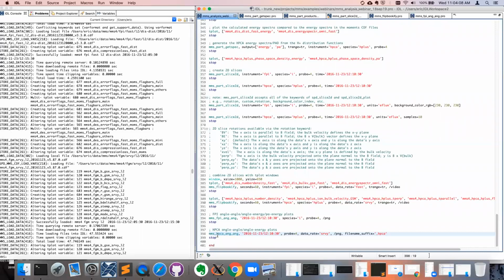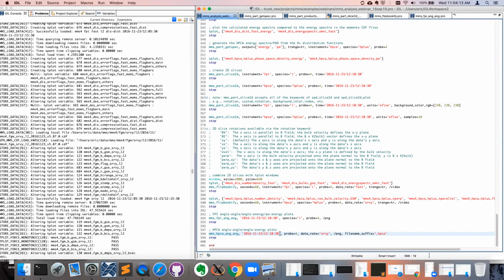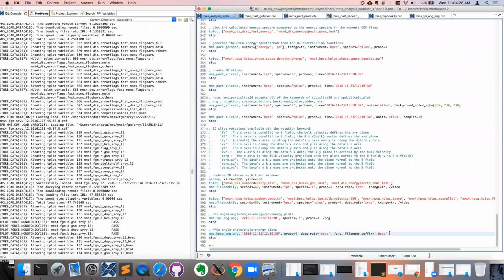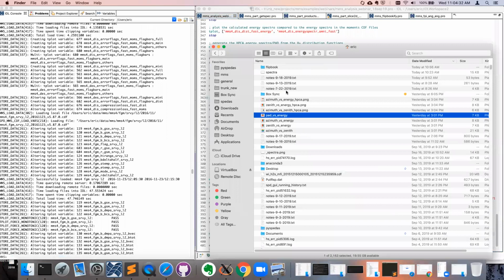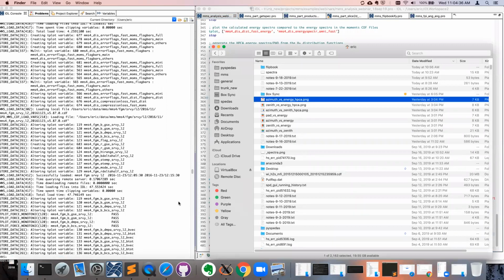But it works in a very similar way, you just call it MMS HPCA ang, give it the time closest to the time that you want. So the data rate, the probe, the PNG, and by default, it's going to generate the same file names as MMS FPI ang. I should probably fix that, but for now, I just set the suffix to underscore HPCA to differentiate between the FPI and HPCA. So these three figures are generated by